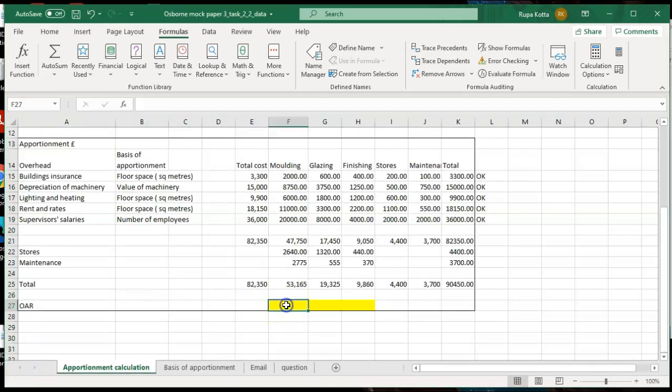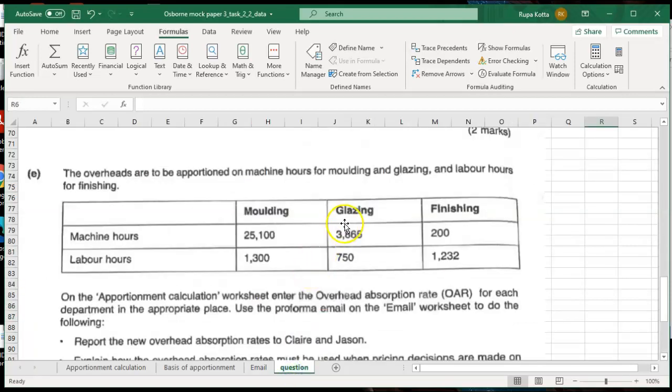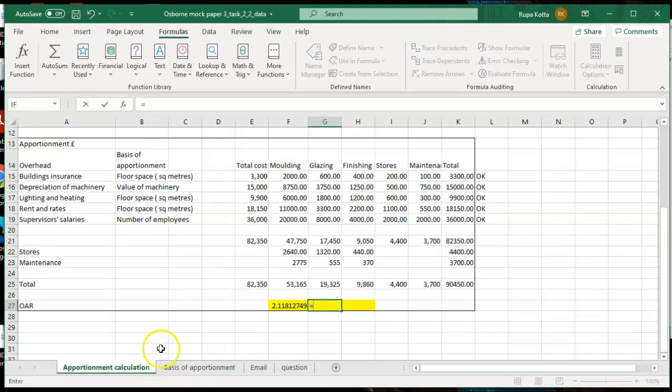Okay, so we need to calculate the overhead absorption rate. The formula for overhead absorption is overheads divided by the basis of apportionment. For molding, they want you to use machine hours, and there are 25,000 machine hours used by the molding department. So total cost divided by the total machine hours will give you the overhead absorption rate. For glazing also, they want to use machine hours, and the number of machine hours used by glazing is 3,865. So again, the total cost divided by 3,865,